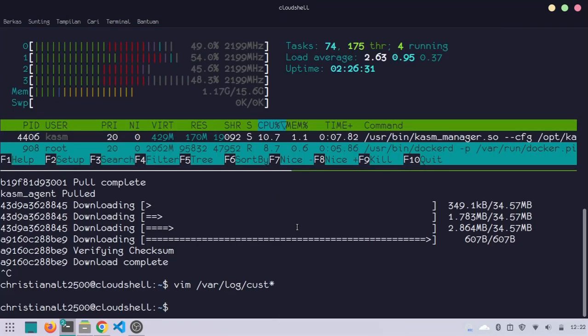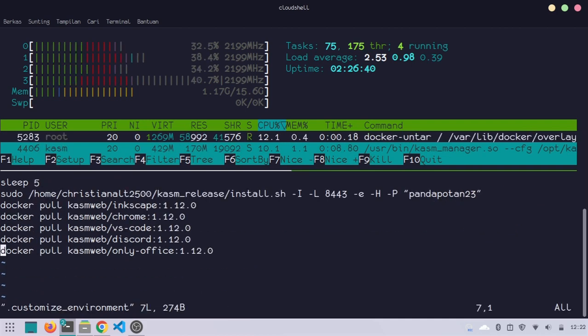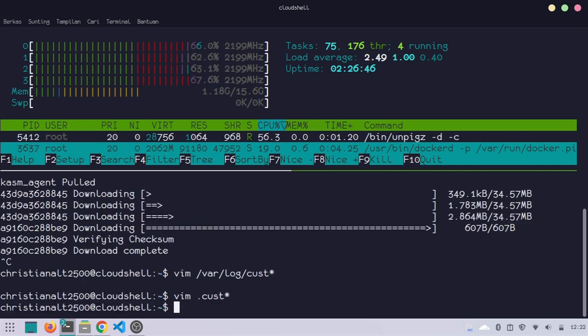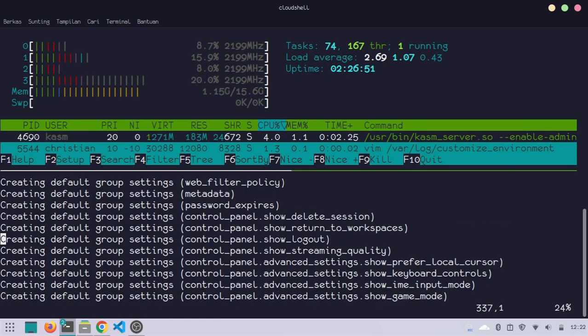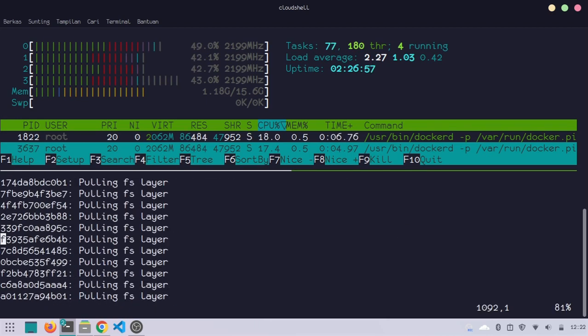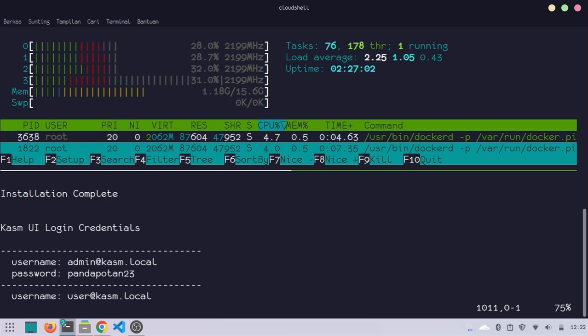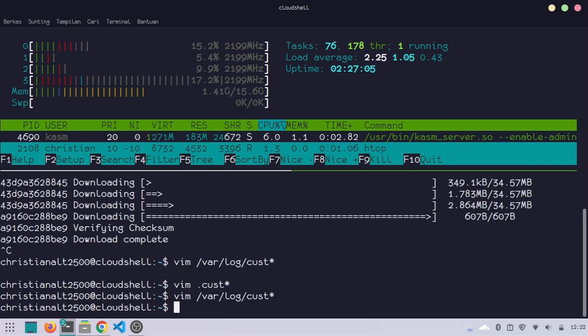Sorry, I forgot to resize the font. I will open the customized environment file again. So yeah, this is how it looks like, and I will look at the customized environment log again. Oops, we got it. So yeah, you can also specify the default password for the admin account, and to get access to the